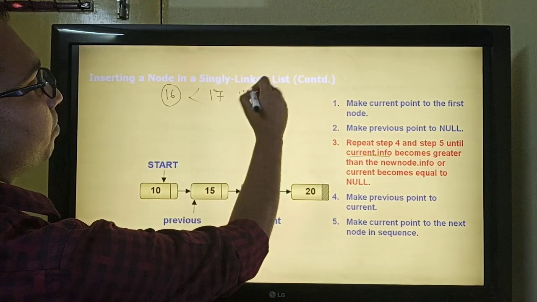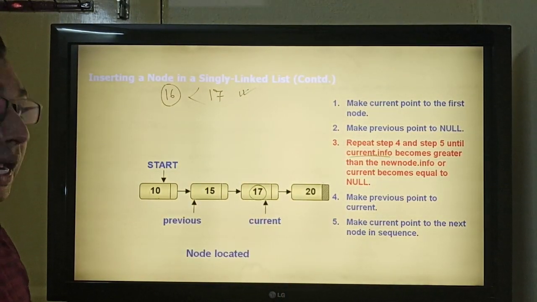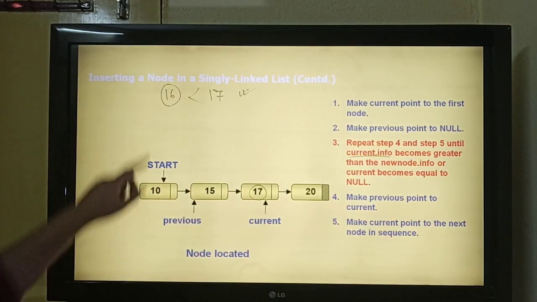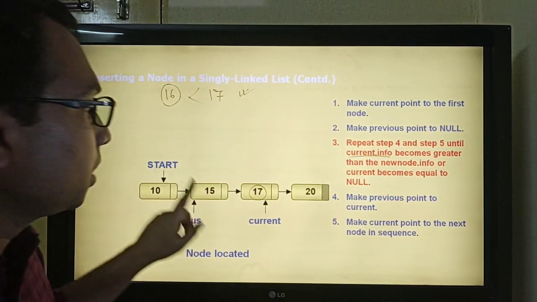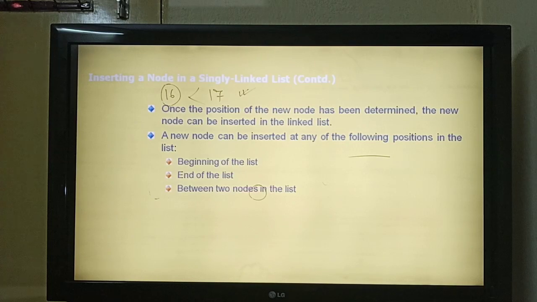So this condition is met, hence the loop will end over here and we have located the position of the new node, that is 16. Hence 16 will be inserted in between 15 and 17.